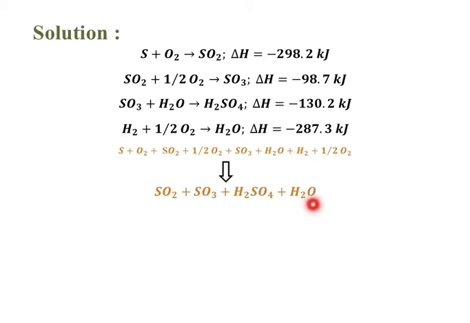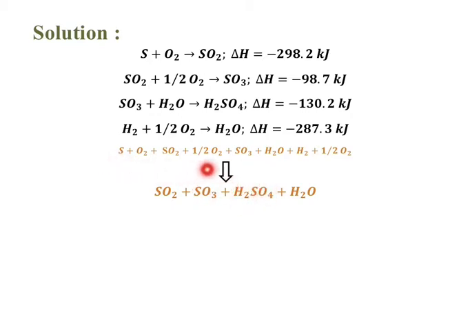As in a mathematical equation, if we have something common on both the left and right hand sides of the equal sign, we are going to cancel it. So if we have a common reactant and product, we should cancel. On the reactant and product sides we have SO2 in common, so SO2 gets cancelled. SO3 is in common on the reactant side and product side, so SO3 gets cancelled, and H2O also gets cancelled, since it is on both the reactant and product side. So only H2SO4 is left. We have the desired product, that is the formation of H2SO4, and the reactants are S, O2, half O2 and H2.